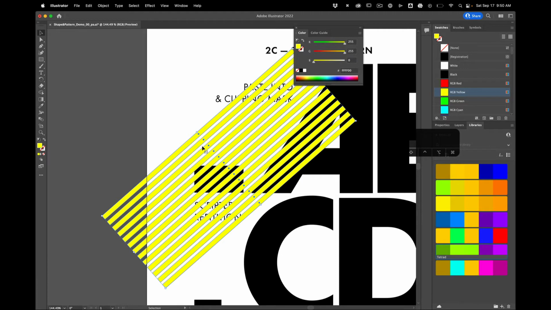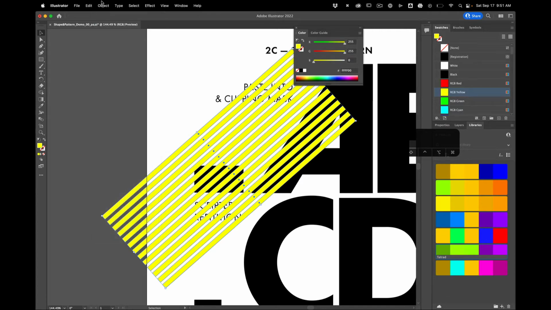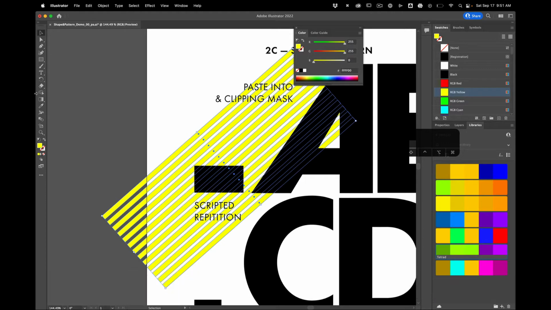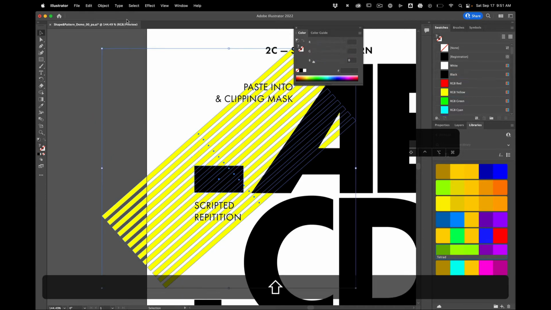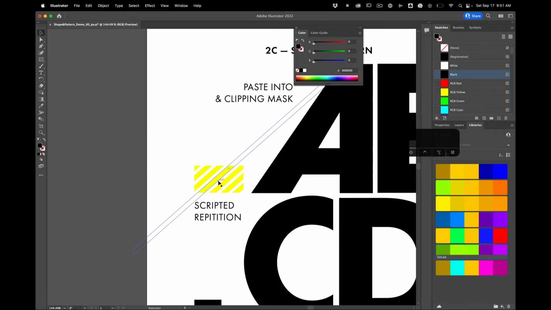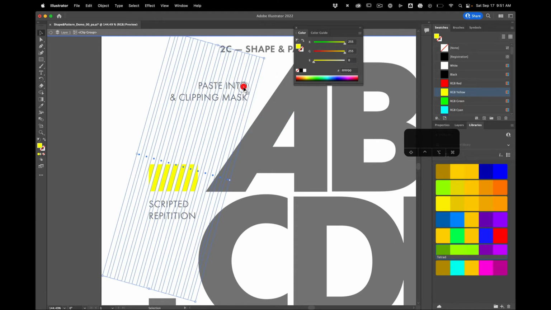shape. So what I'm going to do is go Object, Arrange, Send to Back, and the hotkey for that is Command Shift Back, and then in Windows I think it's Control Shift Back. All right, then I grab this, then I grab my shape, and I go Object, Clipping Mask, Make. All right. And now, if I double click on my clipping mask, I can go in and